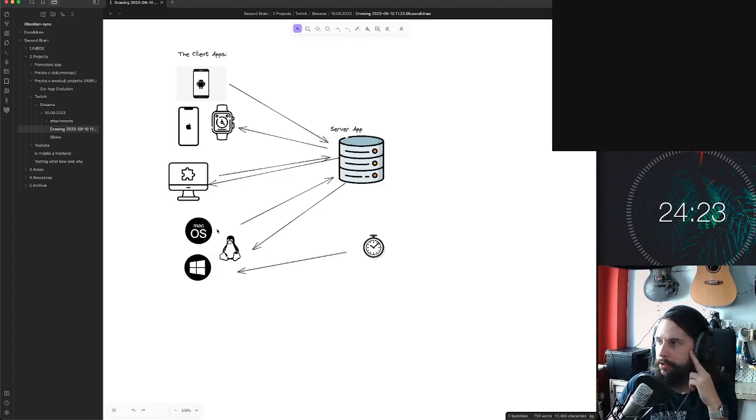Also, it would be good to keep some settings, user data. What else? Tasks and user